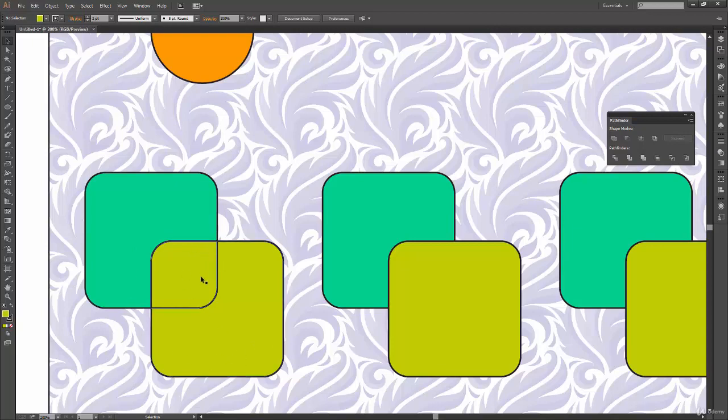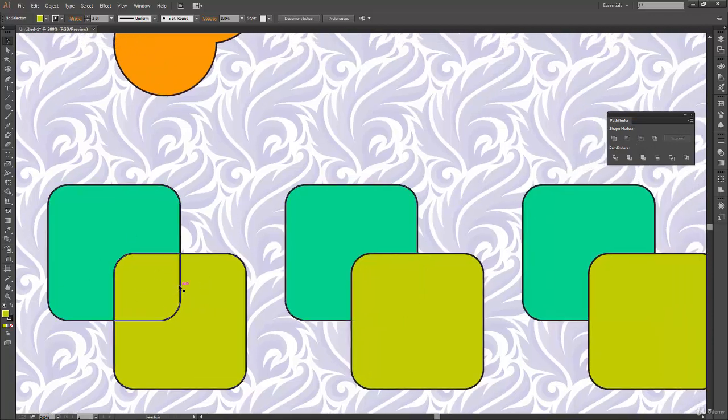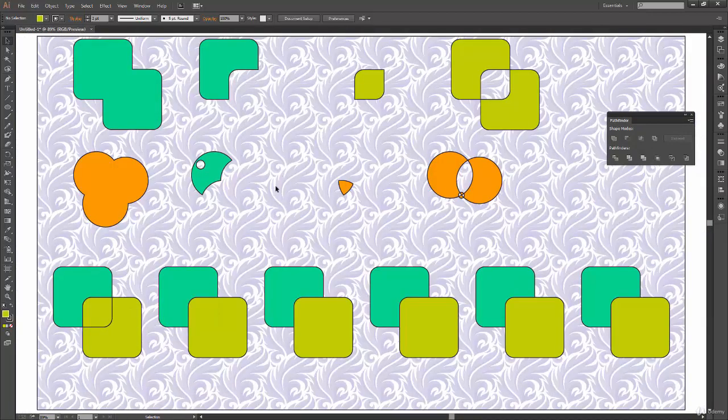So yeah, you can say that this is an advanced version of these all shape modes. But again, where to use it and how to use it, it's a question. It's still a question, because by looking at all those operations, you might think, where can I exactly use it? But you have these options ready with you, and you practice all these options or shape modes, and when the time comes, you will be able to judge it very clearly that okay, here I should use divide rather than just using minus front, or rather than just using intersect or anything.